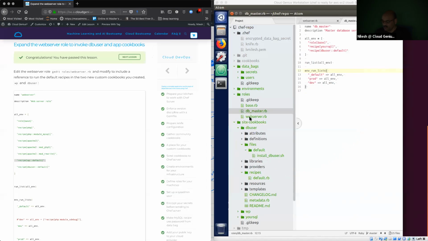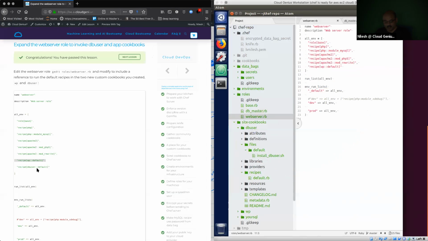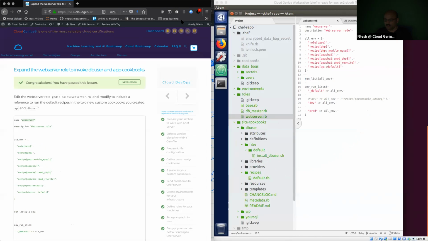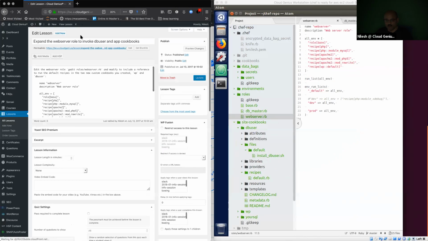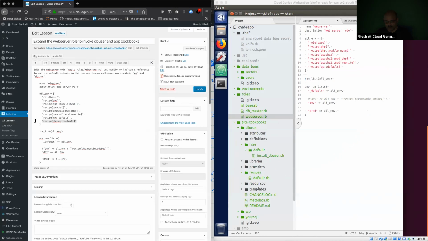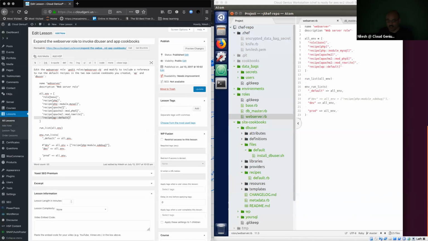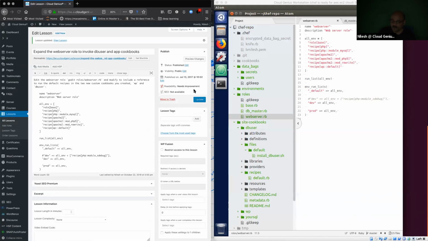You will see that this action in the exercise right up here on the website, this action here, DB user default, is actually mentioned in the web server role, which is not wrong, but it's not exactly what I would like it to be. So I'm actually going to remove that line from there. Like this particular line, I will remove and leave only that one WP default portion in this web server.rb role definition,